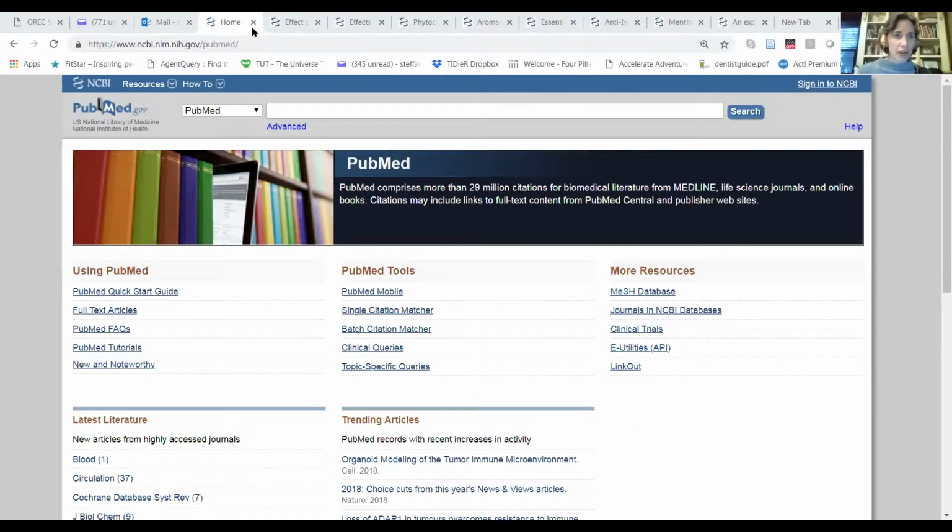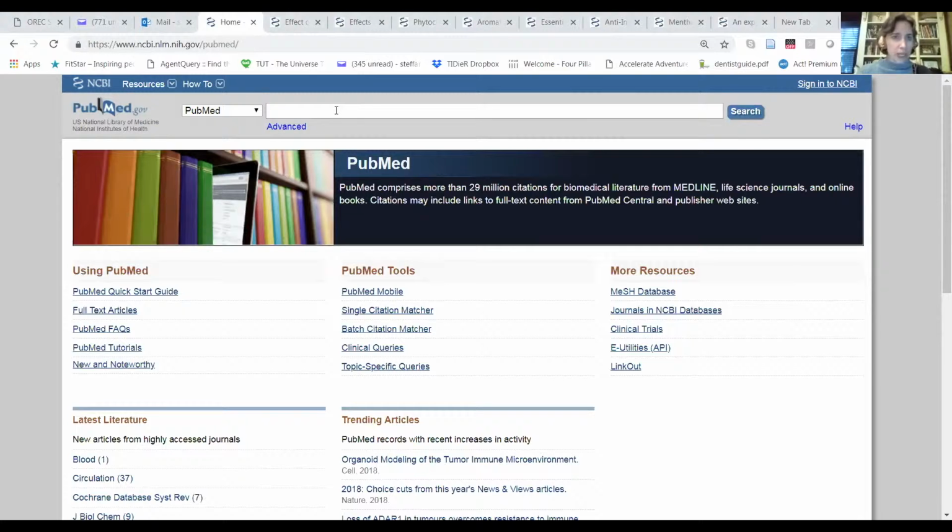Wonderful. All right. So what I've done here is gone to PubMed, which is a search tool for peer-reviewed research. And I'm going to walk you through quickly how to find, evaluate, and then utilize the research literature. This is the kind of thing that takes a decade to learn. And so we are really going massively broad strokes here, but just to give you a little taste of what